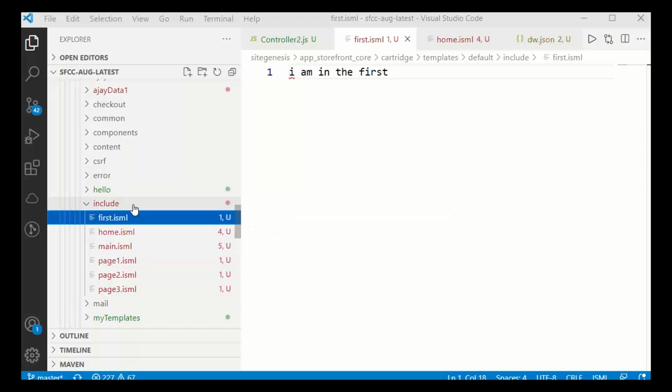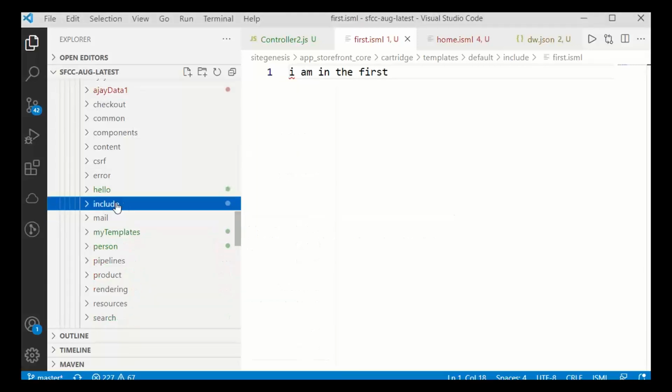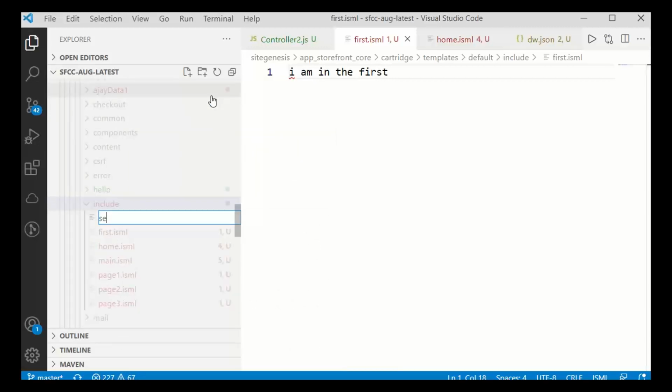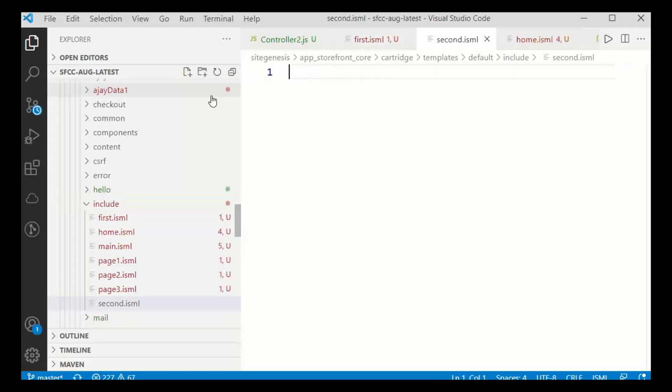Similarly, try developing second. Right click on include. Go to the new file. Second.isml. I'm in the second page.